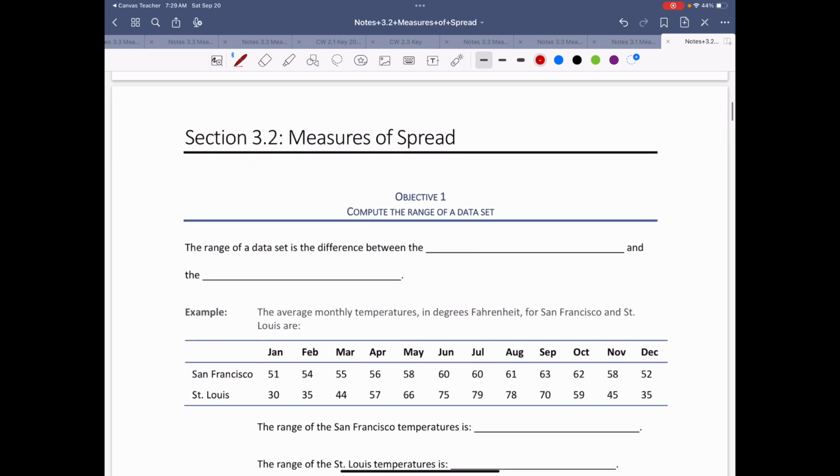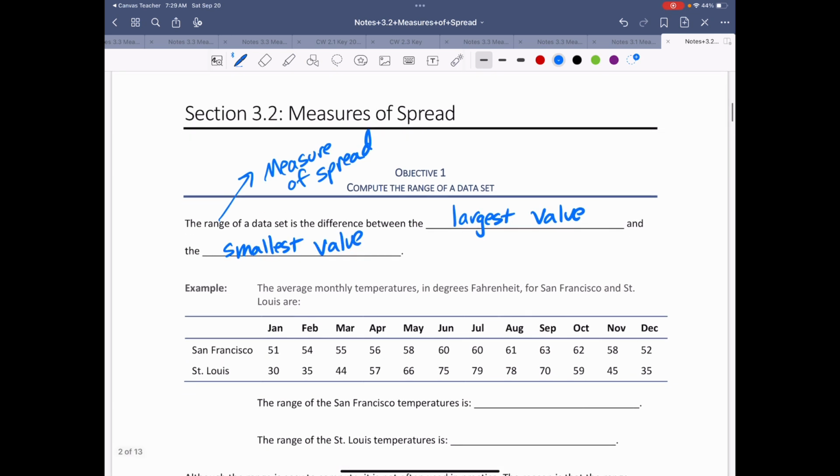The first thing we're going to talk about is a range. And the range is a measure of spread. It is the difference between the largest value in the data set and the smallest value. All right, so for example, if you look at San Francisco